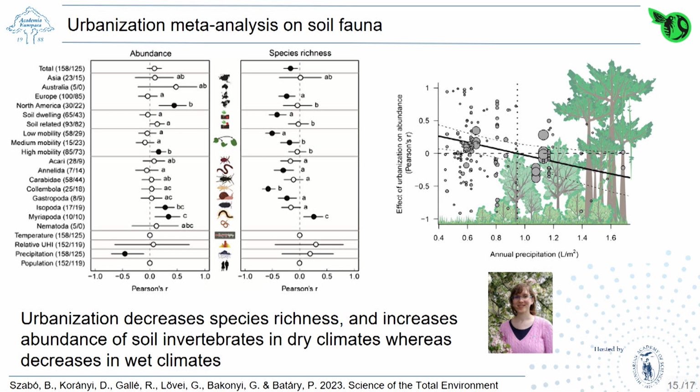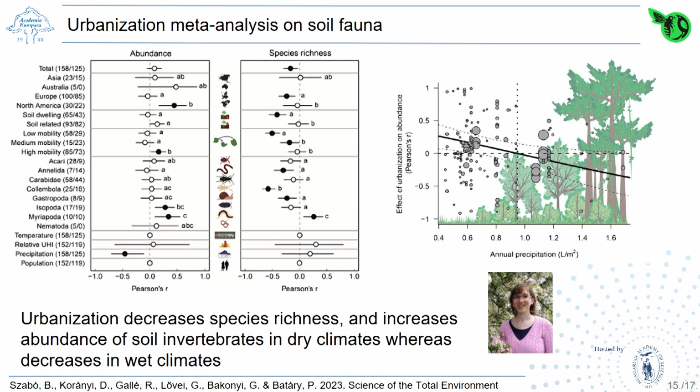But the most interesting finding is again shown on this scatter plot. And it's similar to the paper of Dan Chamberlain, that there was a moderation effect of annual precipitation. So on this little artistic scatter plot, you can see that if we are in a so-called drier city, then urbanization has even a positive effect. And we think that this is because of irrigation in these cities, in contrast to the wet cities where we